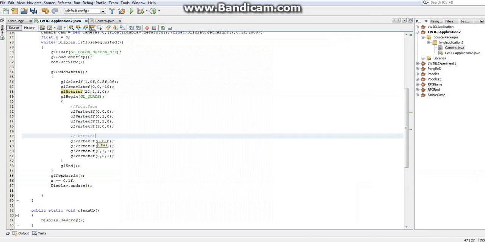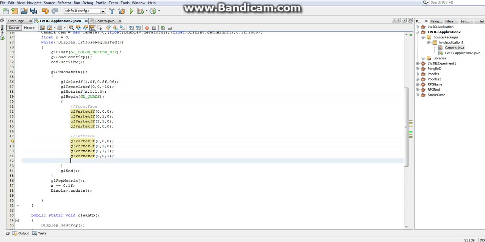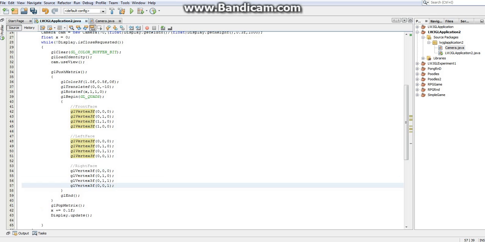Okay, I think this is the left face. But in any case, we have another face. And now we just need 4 more. Jeez, I really am tired. We just need 4 more to finish our square. So I'm just going to guess that this is the right face, even though it's probably not,